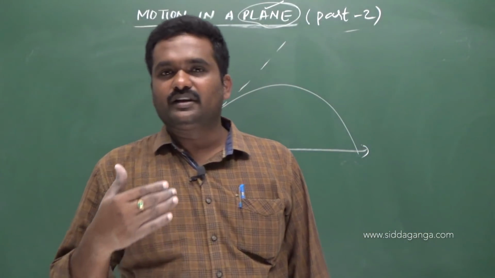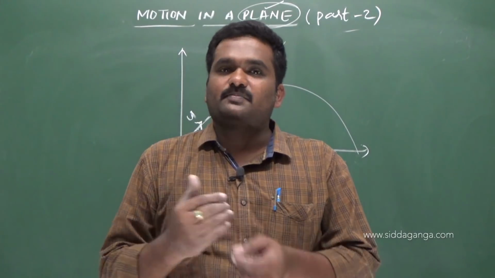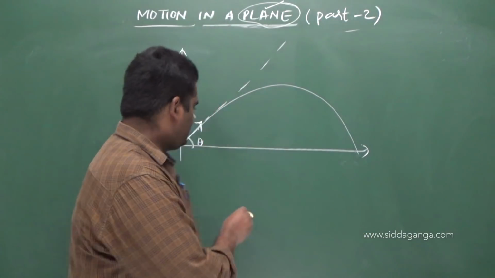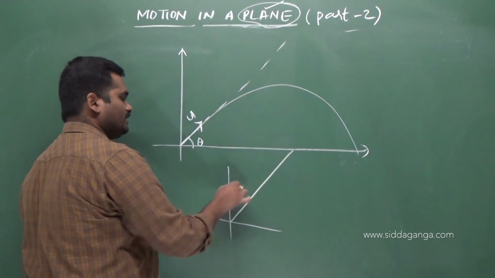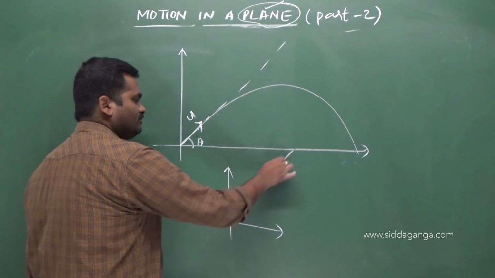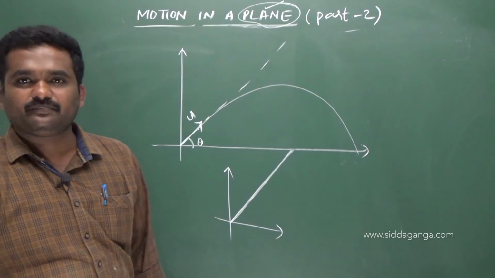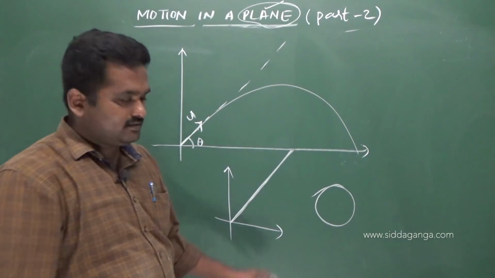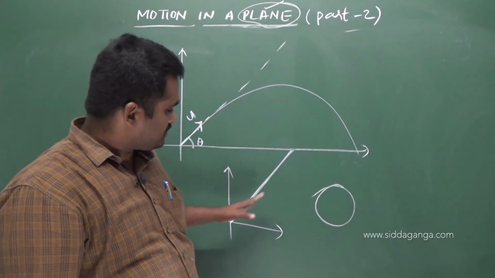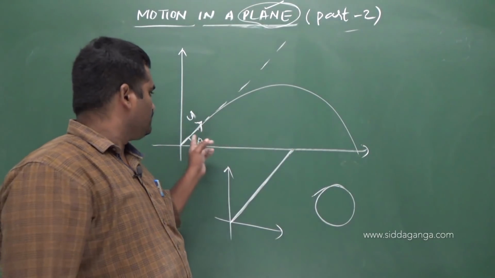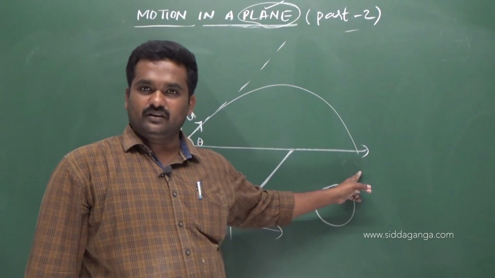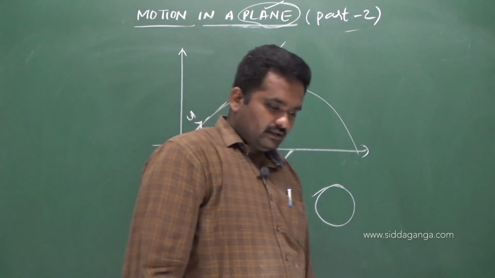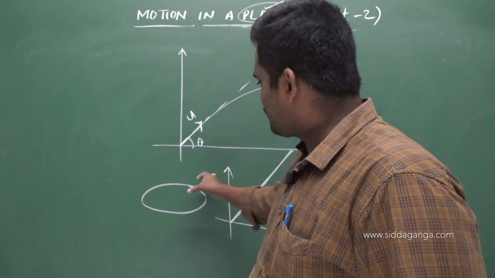how can you come to know, or conclude, that this path is a parabola, or a straight line, or a circle? How can you come to know? If I am going to throw something and it keeps on moving like this, what is the path taken by this particular ball? It keeps on moving in a straight line path. If I throw something into the air and it is moving in a circular path, then just by looking you can say it is a circle. Or just by looking at this line you can say it is a straight line. Just by looking at this graph you can say it is a parabola. And if it moves in this path, then it is what? Ellipse. Not every time do you keep on looking at which path it is moving.